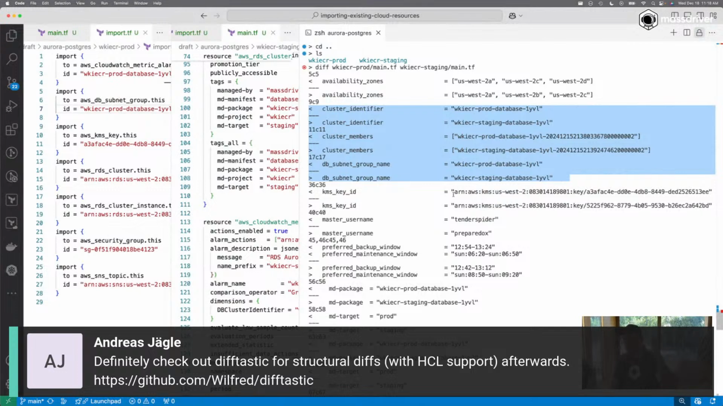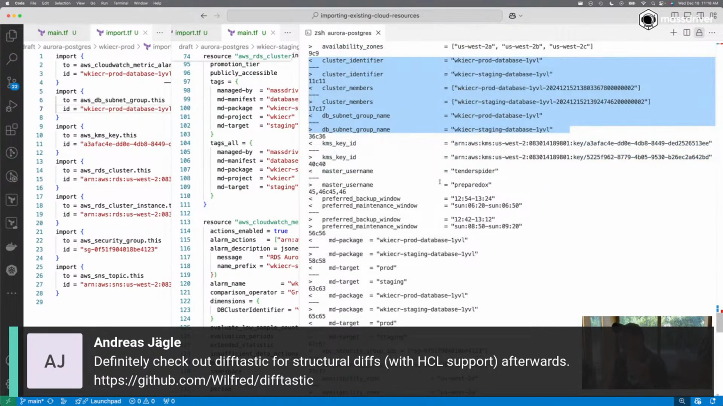So the KMS key one, that one's going to go away, but like the username for the database. So Tender Spider and Prepare Docs, Prepare Docs. I don't know. What are we going to do? We're going to dox people, or are we going to ox that's on top of it? I'm not sure. But the username is another one that we're probably going to have to pull out as a